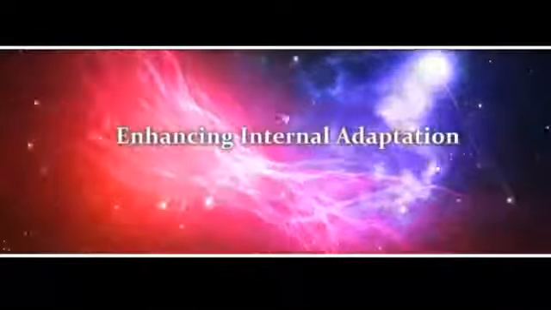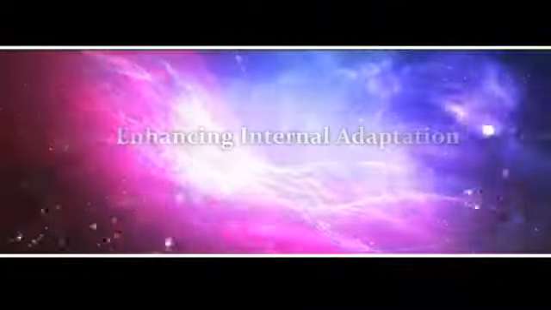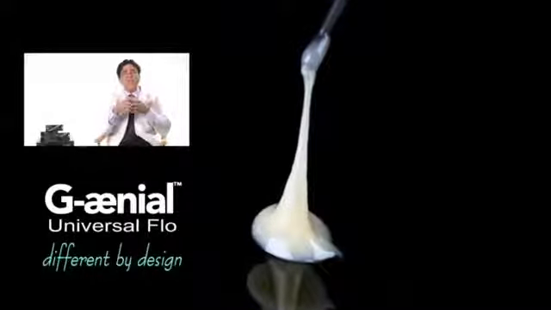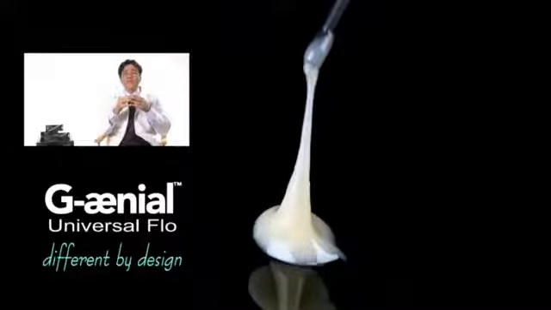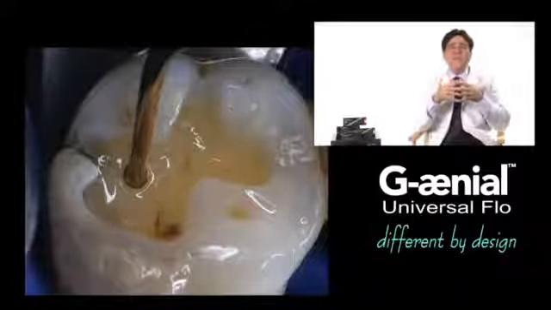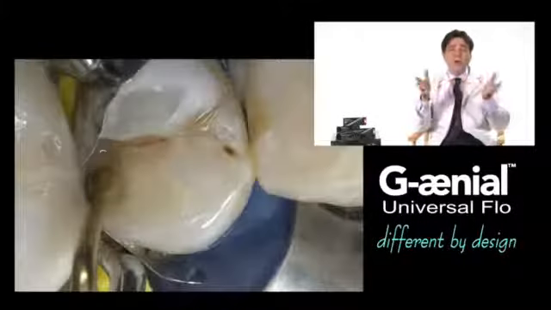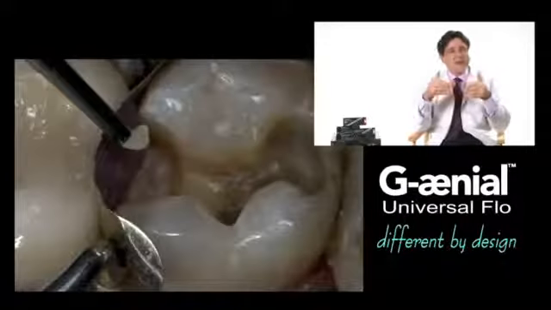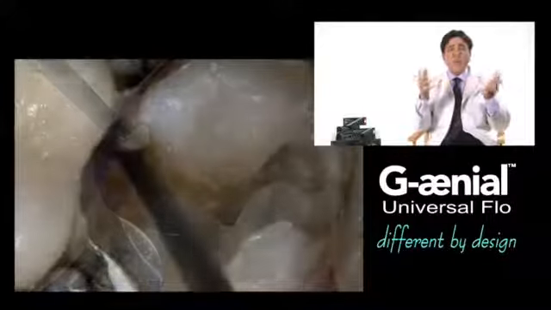To enhance internal adaptation, these next-generation flowable composites, such as G-aenial universal flow, are 69% filler by weight, with an average particle size of 200 nanometers. The low modulus composite acts as an elastic buffer that compensates polymerization shrinkage stress by flow, eliminating mastication discomfort and theoretically eliminating cuspal deformation or gap formations,